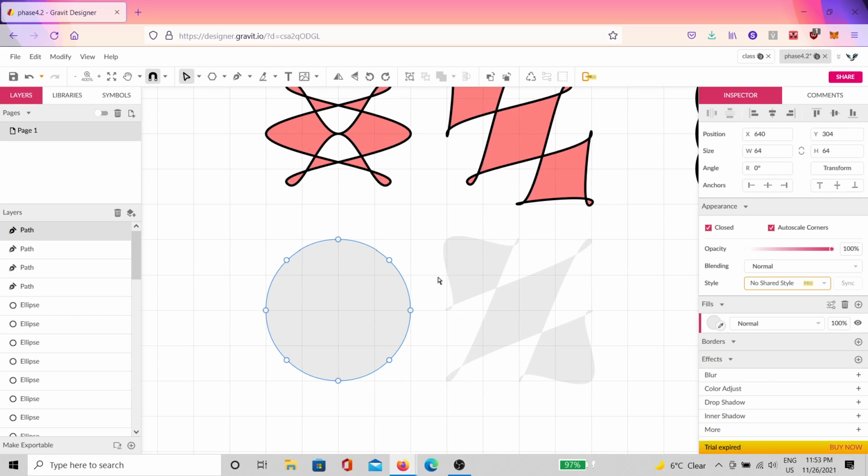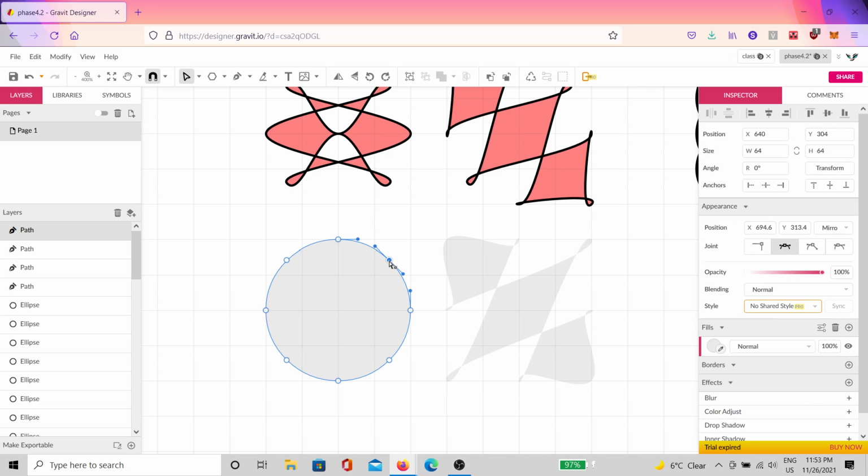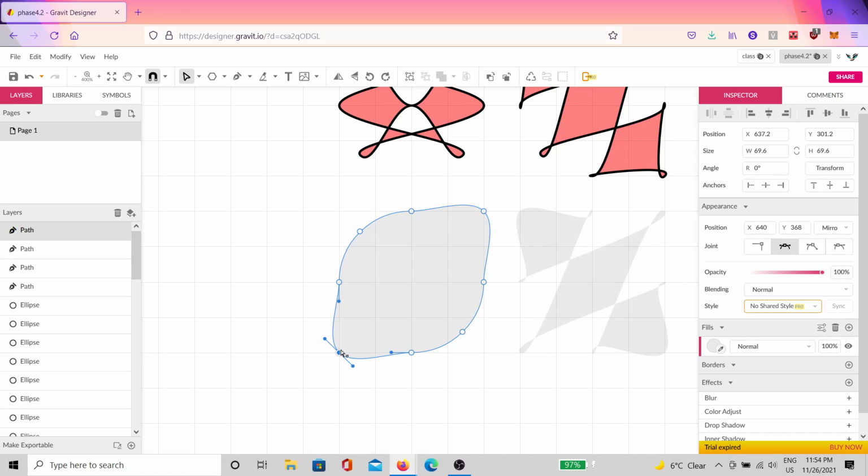Hold on. Let's see. So it seems like these corners, yes, this should be the first step to make this bulge out, and then you switch this around, and you switch these two, then you switch